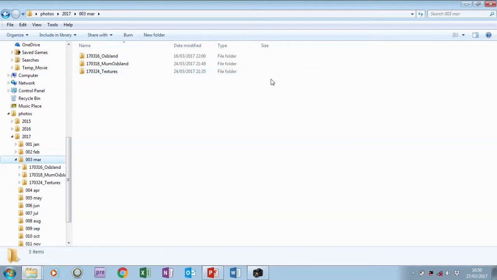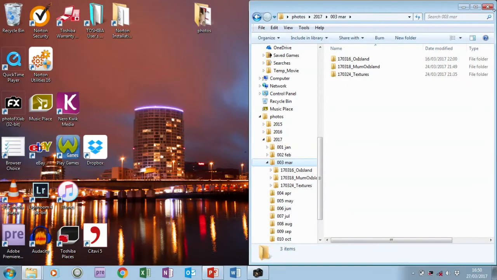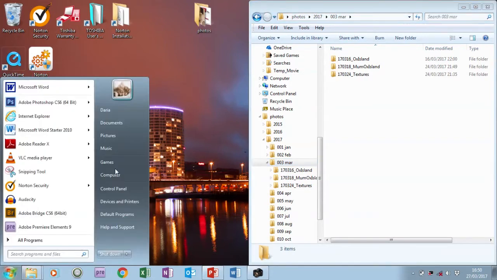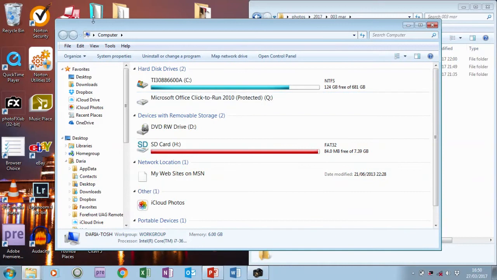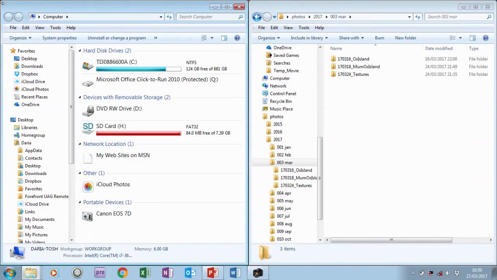I'm using Windows 7, so whenever I click on the blue bar at the top and drag over to the right hand side, it snaps to the right hand side of the screen, so that allows me to be able to see the content of that folder but in a much smaller area. So the next thing that I'm going to do then is go back to Start and back to Computer, and this time I'm going to snap that to the left side, and you'll see there I can see 2 folders side by side. Whilst I'm in the computer,